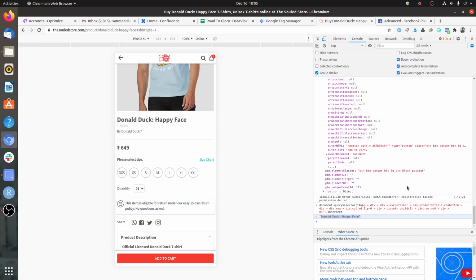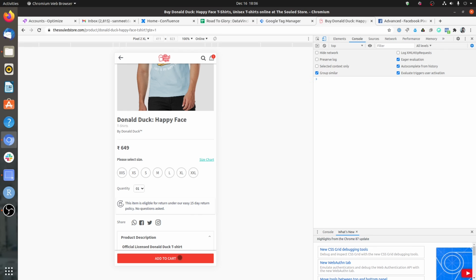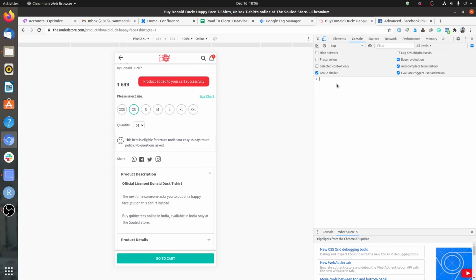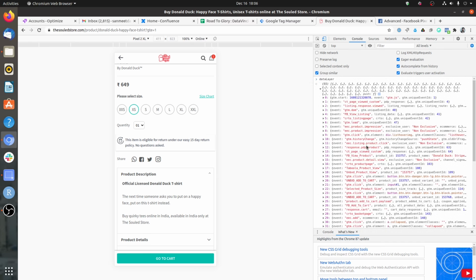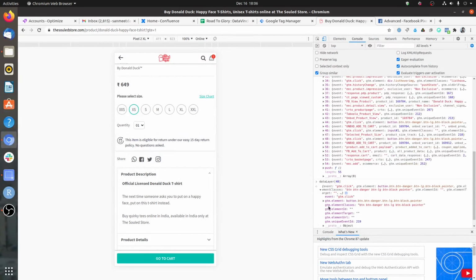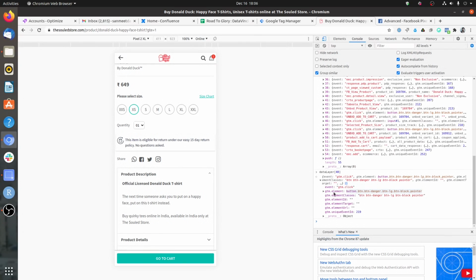So over here what I have done is, if I click on add to cart, so let's select this and click on add to cart. Now, if Google Tag Manager has already been implemented and the click event has been enabled as a trigger, then if you go to the data layer, you just need to locate the last GTM click that happened. The last GTM click is this one, data layer 48. So if I open this, go to data layer 48, expose this, and then open the GTM element,